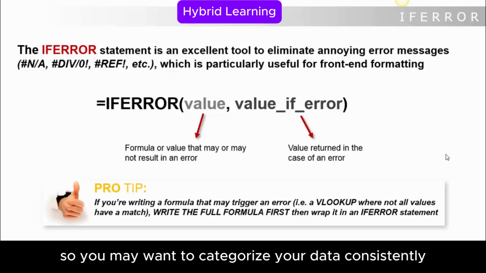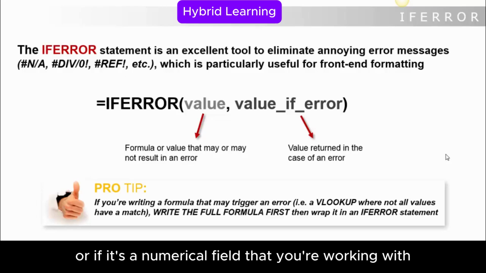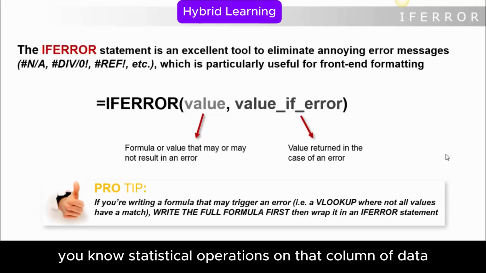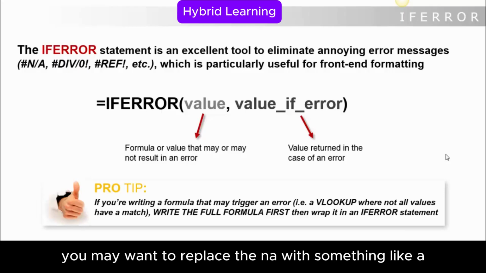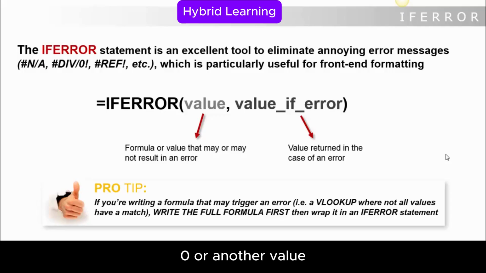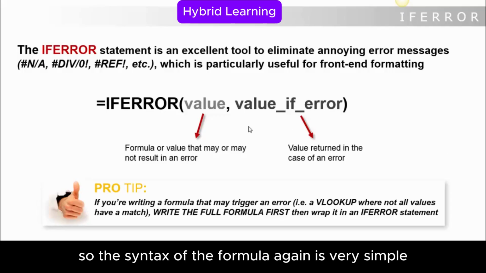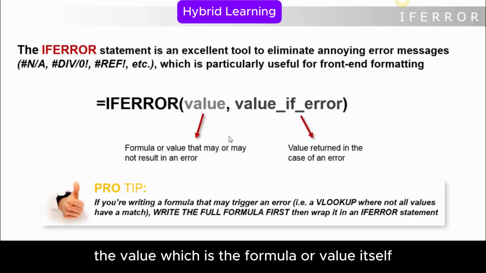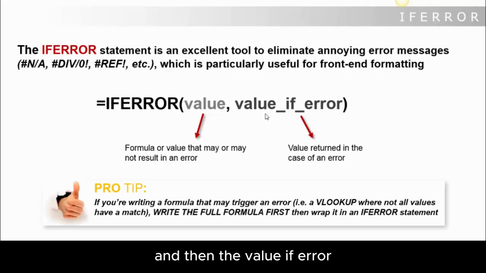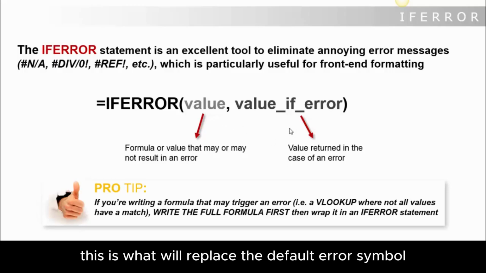So you may want to categorize your data consistently, whether you're seeing an error message or not, or if it's a numerical field that you're working with, and you want to be able to make statistical operations on that column of data. Sometimes having an NA value in there will prevent you from properly calculating those values. So you may want to replace the NA with something like a 0 or another value. So the syntax of the formula, again, is very simple, just two pieces. The value, which is the formula or value itself, that may or may not result in an error. And then the value if error. This is what will replace the default error symbol